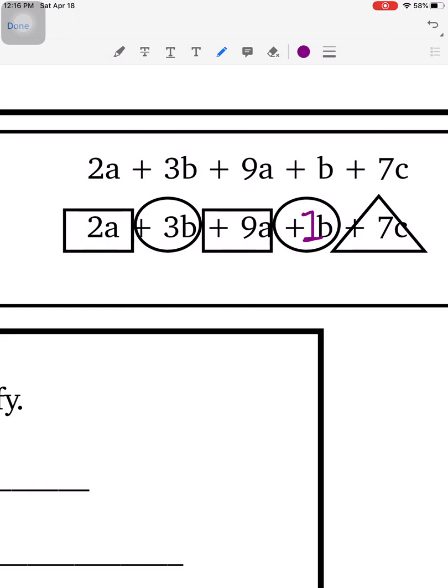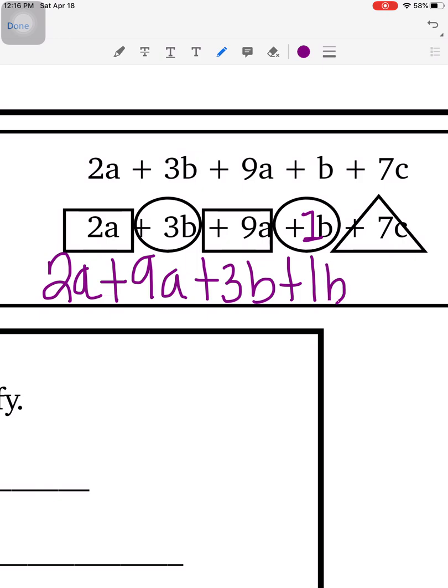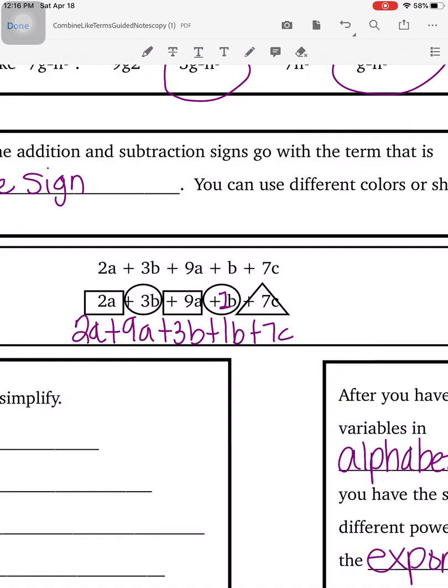So then we commute. So we move them to be beside each other so we can add them together. All right, so we have 2a, and then positive 9a plus 3b plus 1b plus 7c. All right, and then we add them up,